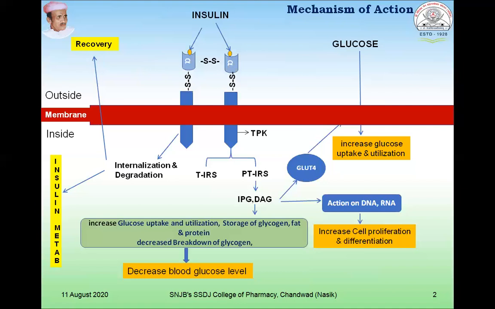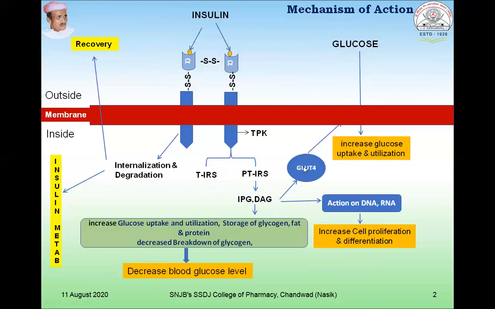So, this is overall the mechanism of insulin, how it produces its action. Once again, the insulin receptor consists of alpha subunit and beta subunit, and these are connected by disulfide bridges. The beta subunit contains tyrosine kinase. When insulin binds to the alpha subunit, it will phosphorylate the tyrosine kinase of the beta subunit, that is IRS1 and IRS2, which also stimulate secondary messengers like IP3 and DAG. These have an effect on several metabolic enzymes.